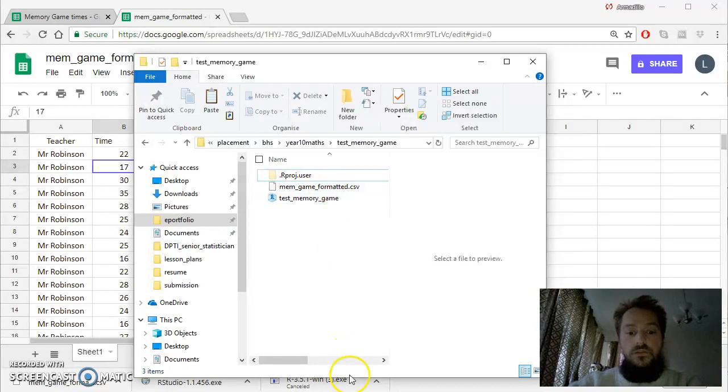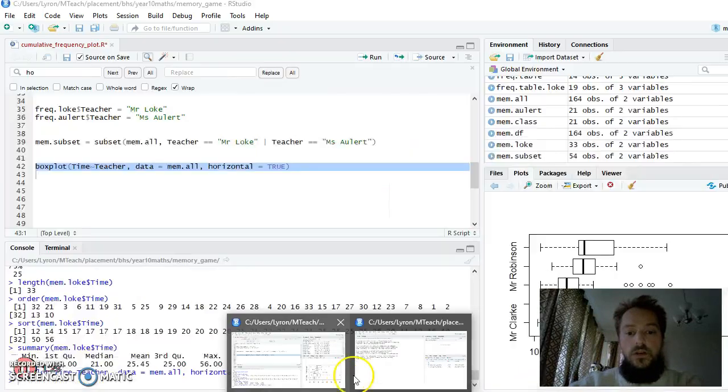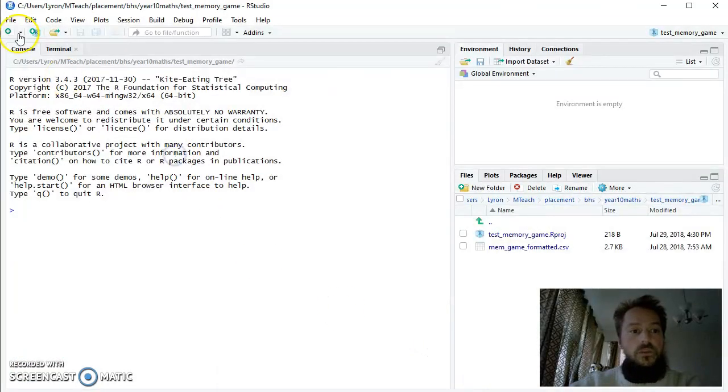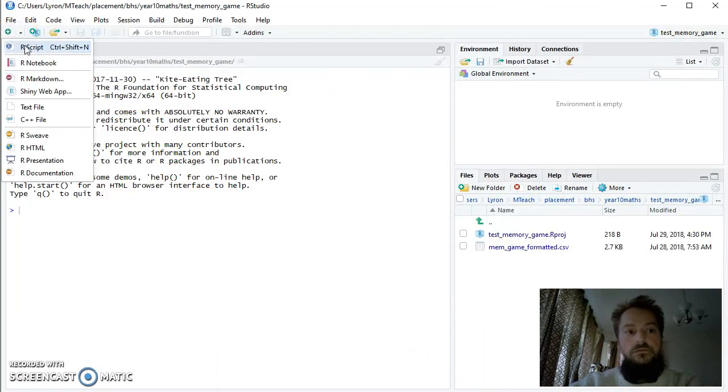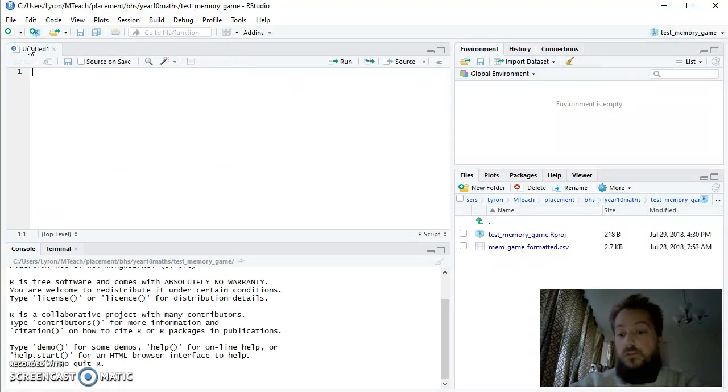Cool. So then if we go to RStudio, we can now create a new file. We'll go New R Script. So this is where we're actually going to put all the code. And that opens up this fourth pane in RStudio. This is actually the text editor part of it. This is the most important part. And here I'm just going to write some code. So I'm going to write